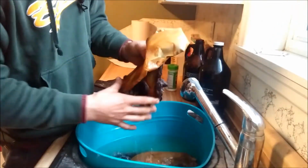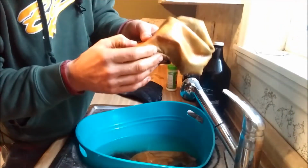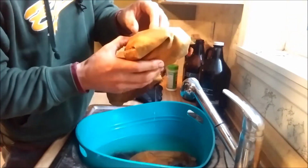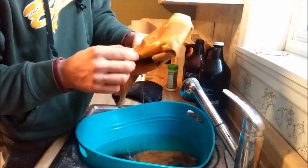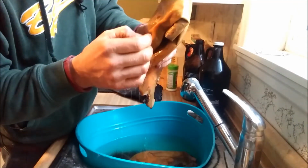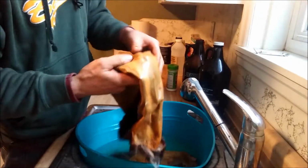It should be kind of plump, and these are not. But that's probably got something to do with the fact that they were in my garage for a couple of years. And the skins are thin-skinned, so maybe skunks don't show that as well. But when I squeeze in there with my fingernail, it should leave the indent of my fingernail, and it's not doing that. But these are really thin-skinned, so